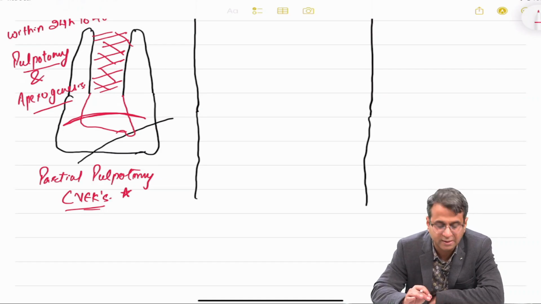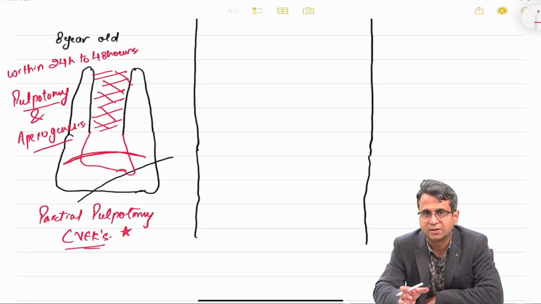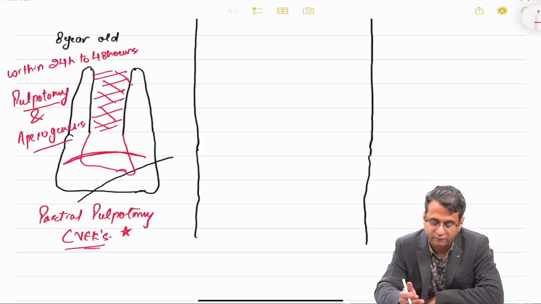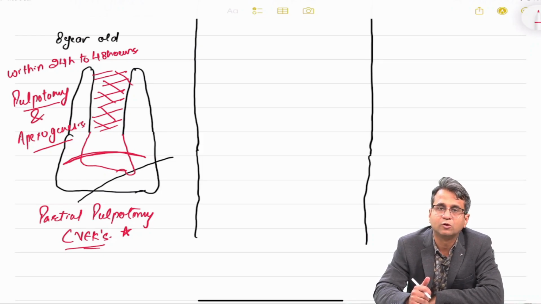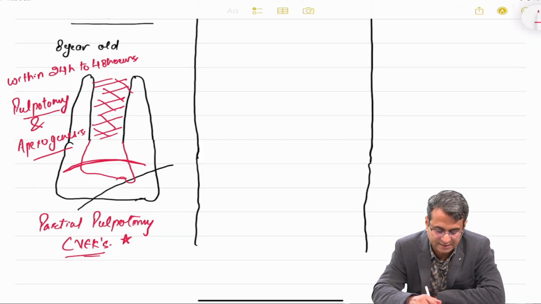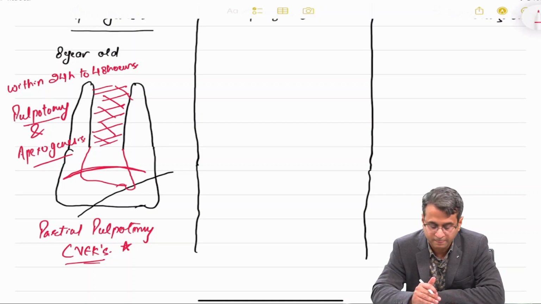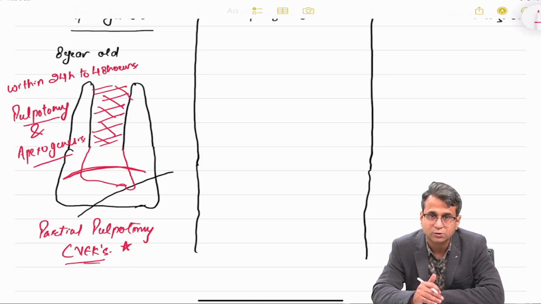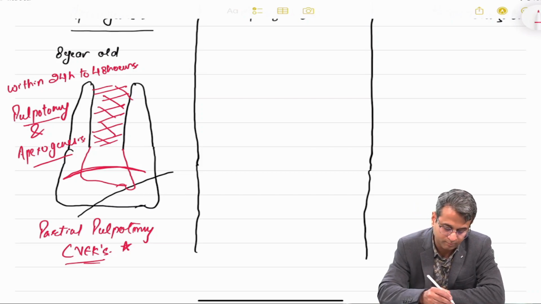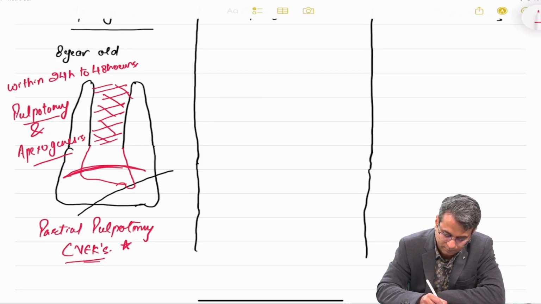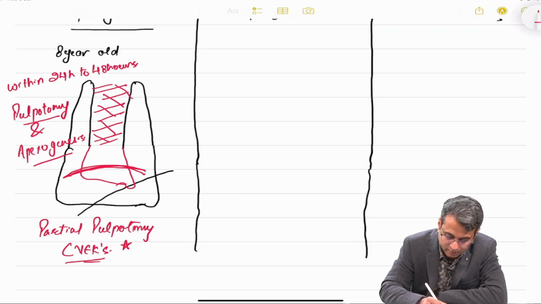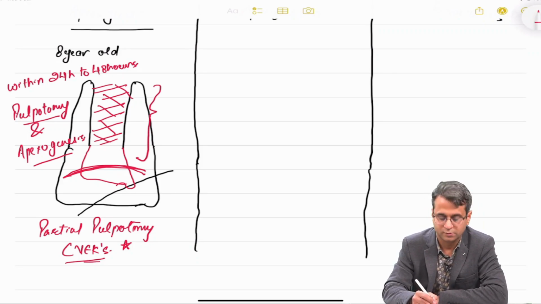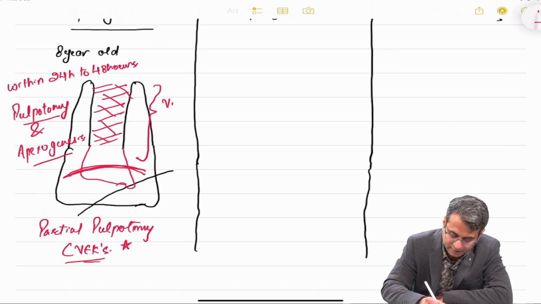So pulpotomy and apexogenesis are generally combined things. When we are doing pulpotomy, majority of times the reason is that the apex is open. You want to close that, you want it to close naturally. So in pulpotomy, we remove this part of the pulp which is infected and we retain this portion of the pulp, so the vital radicular pulp